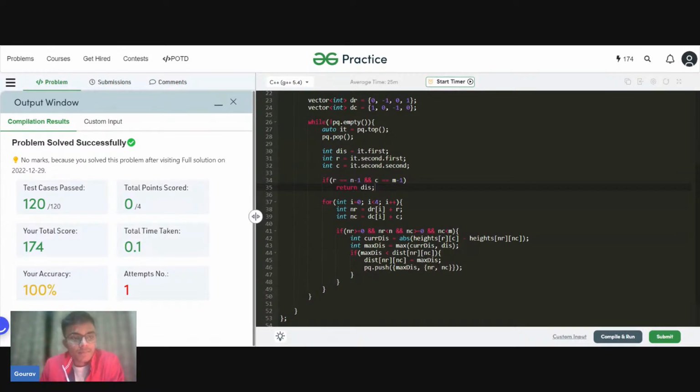Any doubts here? Hello, Naikaj, are you there? Hello, Rahul, are you there? Hello, Ankit. So I hope everyone understood this problem.